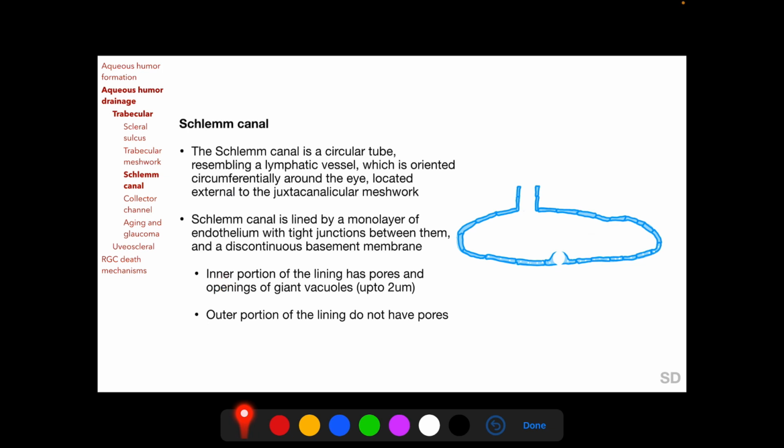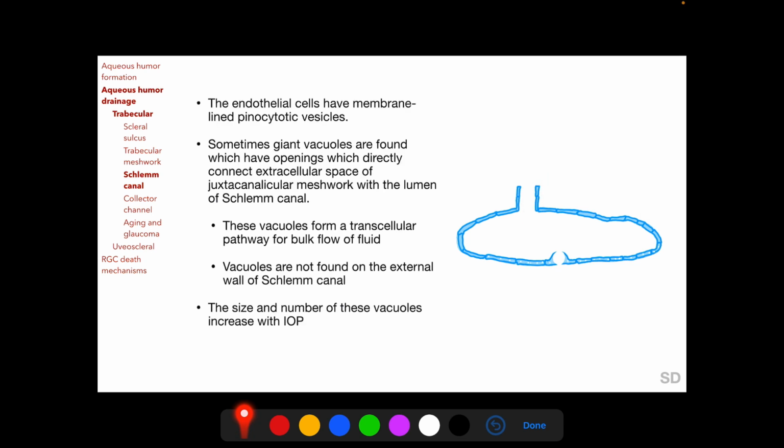The inner portion of this lining lies adjacent to the juxtacanalicular meshwork and demonstrates pores and giant vacuoles. But the outer portion of the lining does not have any such pores, but does have exits of the collector channels. The endothelial cells have pinocytotic vesicles lined by membrane, and sometimes giant vacuoles are found which have openings